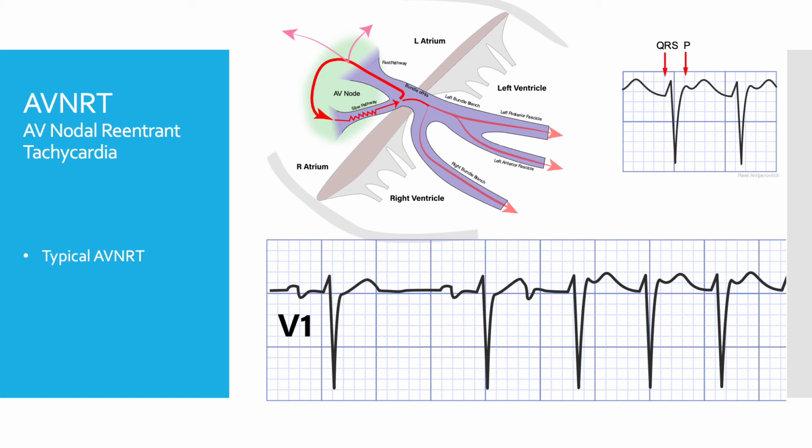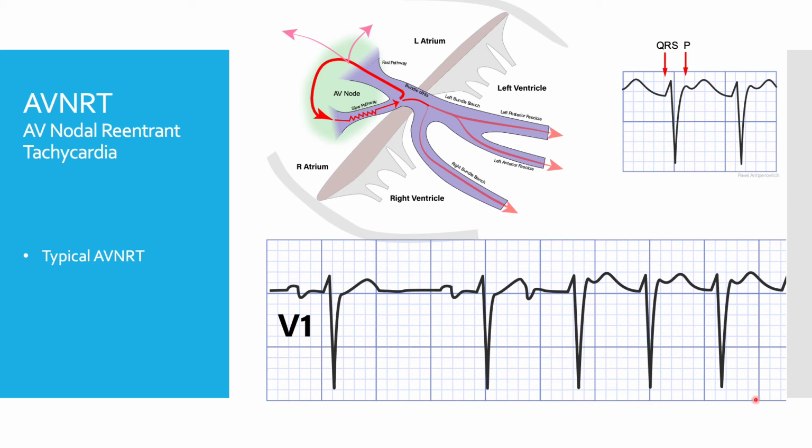It initiates with a premature atrial contraction, much like it did in the example we were discussing initiation of macro reentry arrhythmias earlier in this presentation. This premature atrial contraction is followed by a long PR interval, which represents slow pathway conduction. After this, you see a QRS and a P wave that are overlapped, and the SVT continues